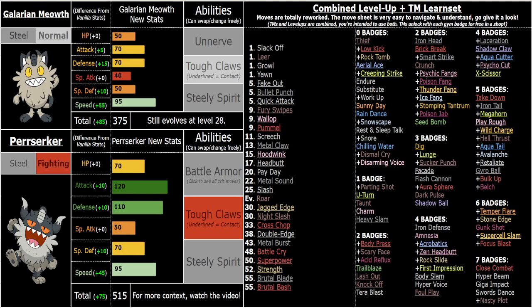What's good, y'all? I've got some sick buffs and changes from my boy Perrserker, but before I get into explaining my thought process and how they work in the actual ROM hack itself, I want to have a disclaimer for